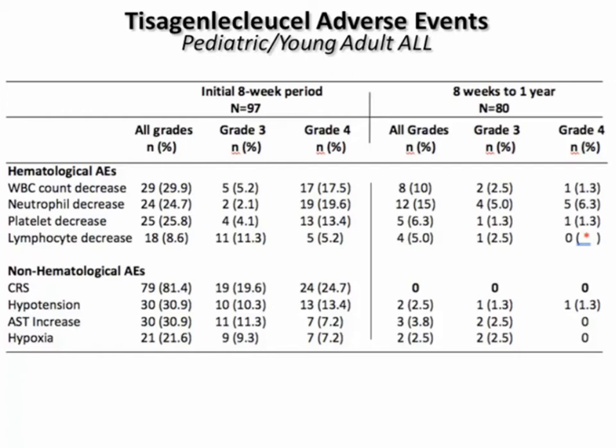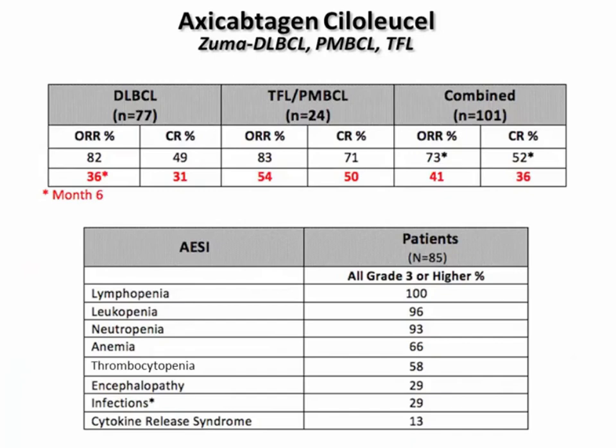So let's go to the next product, which is the most recent approved product, axicabtagene ciloleucel, also known as Yescarta. This product was approved on October 18th. Yescarta is a CD19 CAR indicated for the treatment of adult patients with relapsed or refractory large B-cell lymphoma after 2 or more lines of systemic therapy, including diffuse large B-cell lymphoma, primary mediastinal B-cell lymphoma, and transformed follicular